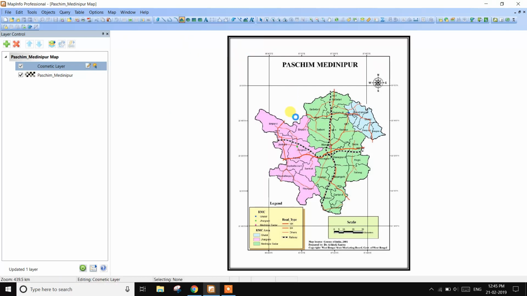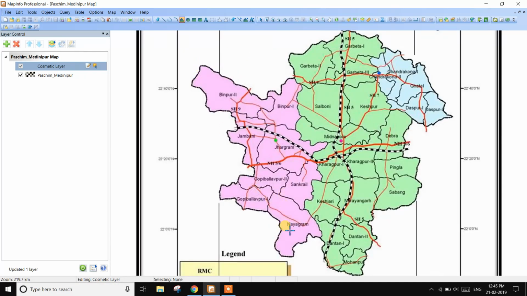Choose polygon and then digitize the Jhargram district of West Bengal.